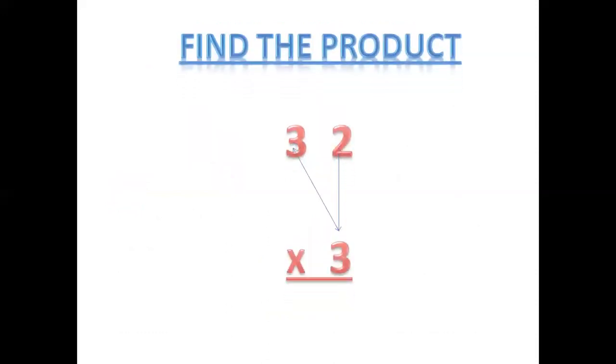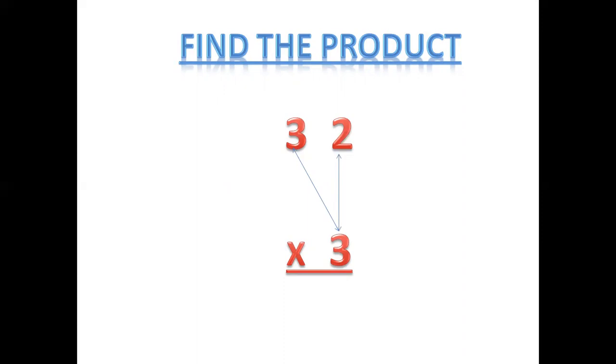Next is an important question. Here we have taken a 2-digit number and we are multiplying it with a 1-digit number. Now what is the procedure? Remember the first step which I told you before, that you will always do it from down to up. The number which is down, you will multiply with the upper number. So the first step is that you are going to multiply 3 into 2.